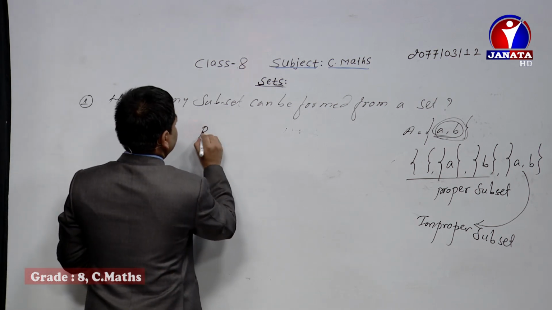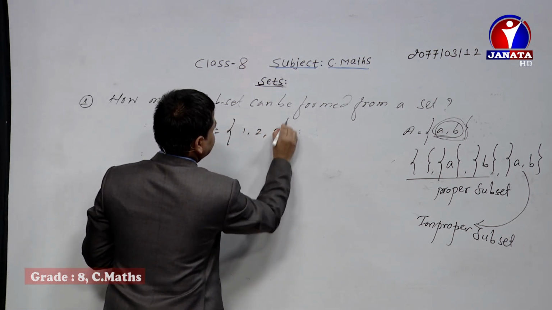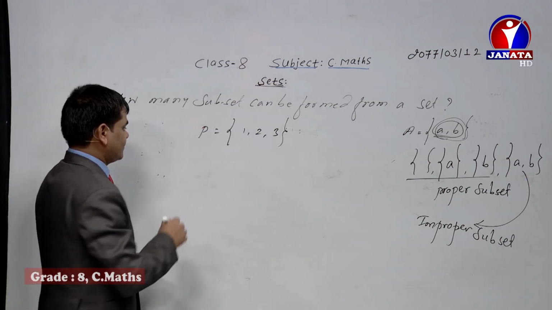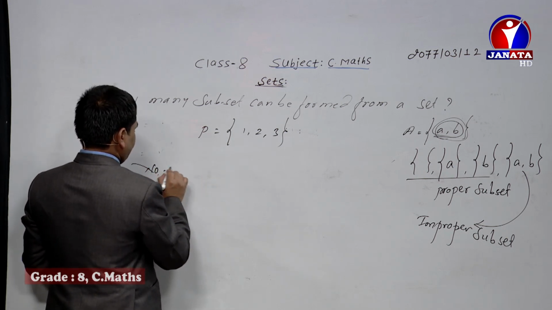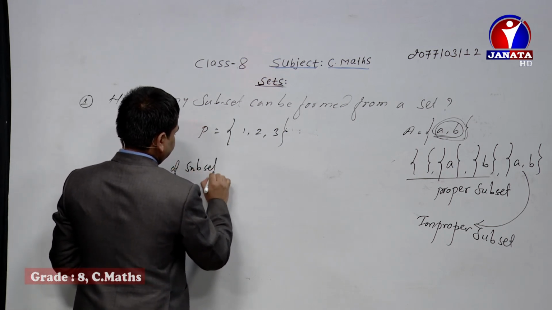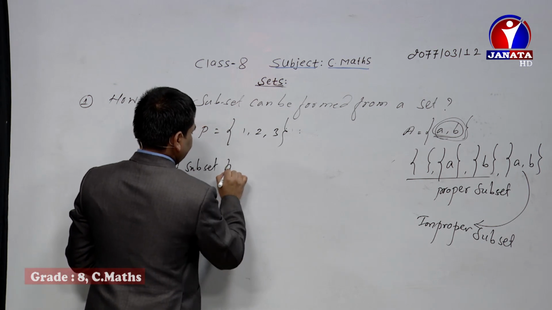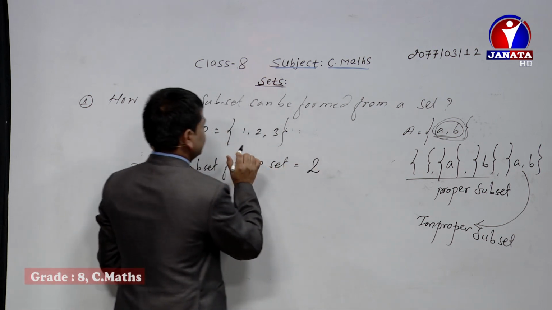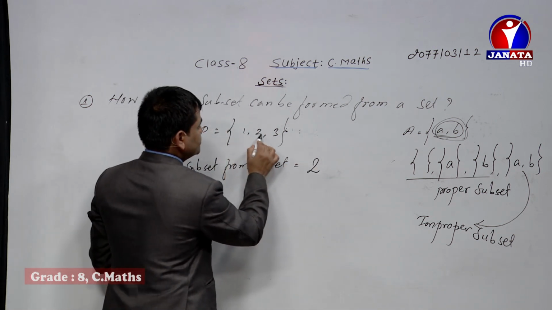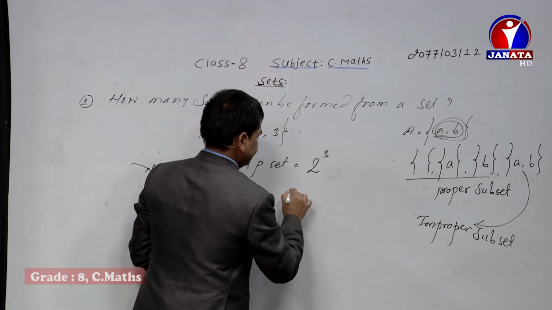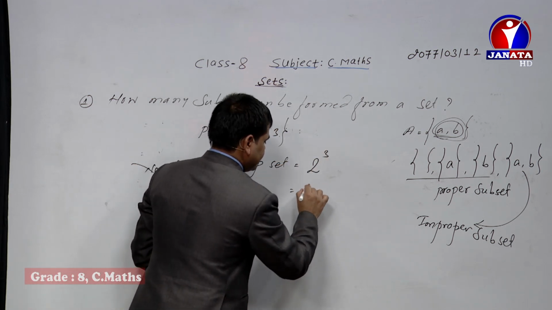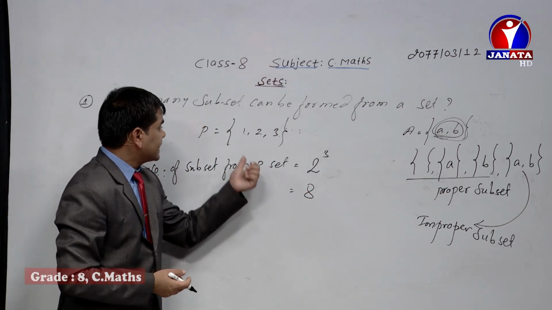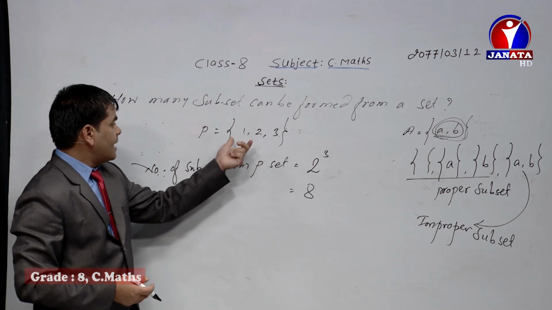For example, if P has the elements 1, 2, 3, then how many subsets can be prepared from here? If the question is presented in that way, then the number of subsets from set P equals 2 to the power n. What is the value of n, dear students? 1, 2, 3, so here it will be 3. So 2 to the power 3 means 2 cube, which is 8. So that means there will be 8 subsets that can be prepared